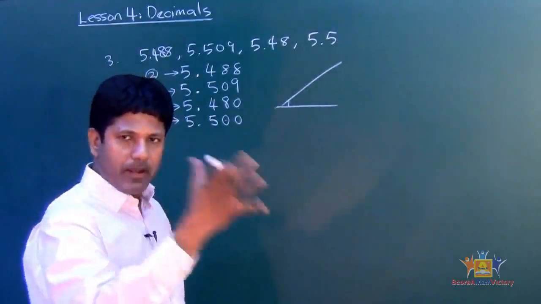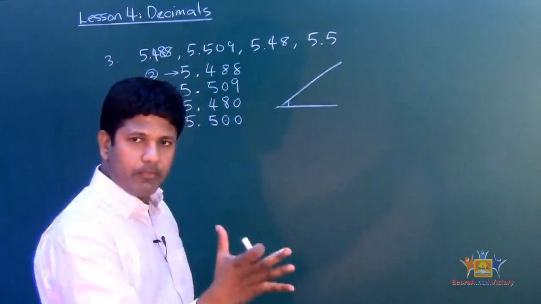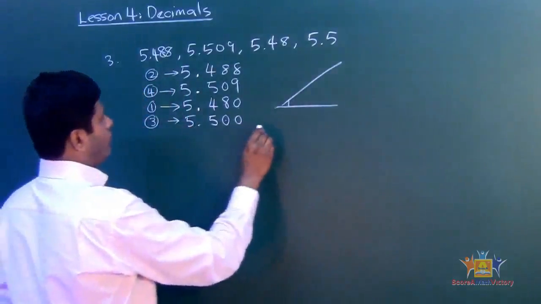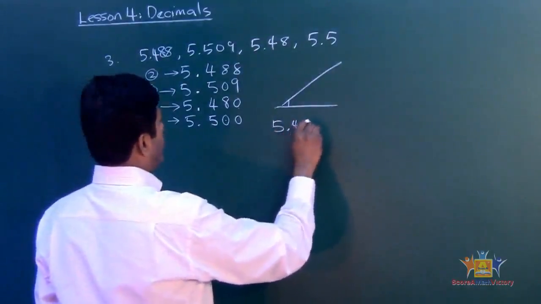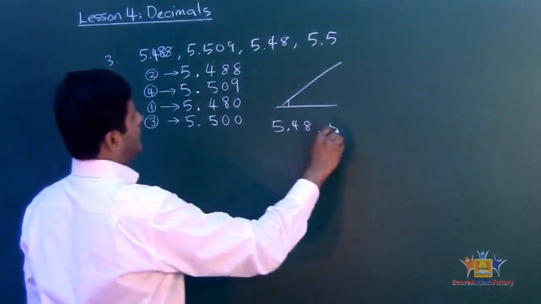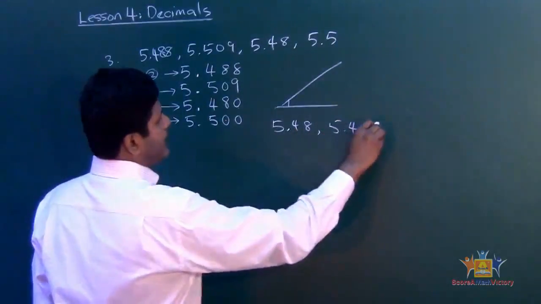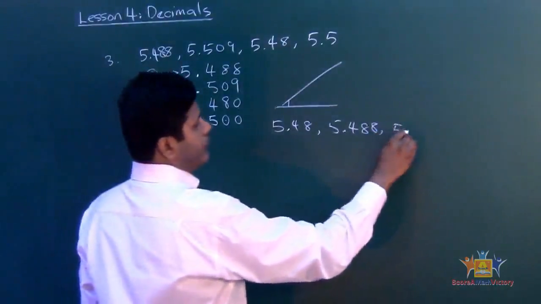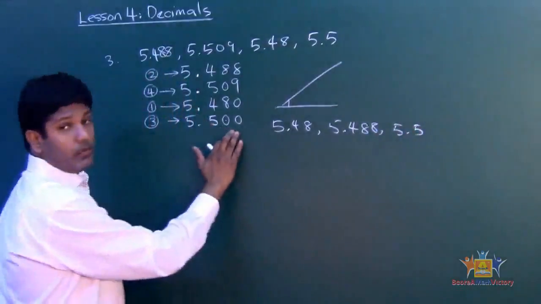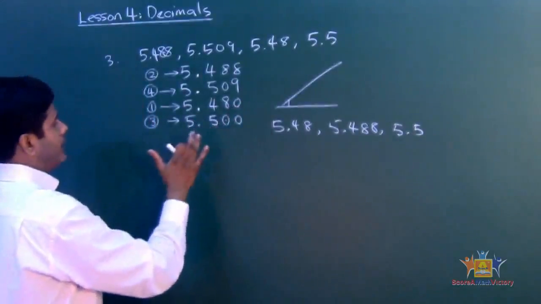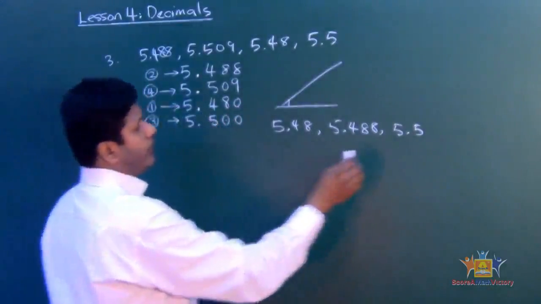See that? It's systematic. You've got to have some kind of plan. If you follow the steps properly, you won't make a mistake. You write that down so that you can just follow. 5.48, and then 5.488. And then the third one is 5.5. I dropped the 0, okay? The 0 was part of the working. When you're arranging it, you don't put those zeros anymore. You just drop the zeros, okay? And then the fourth is going to be